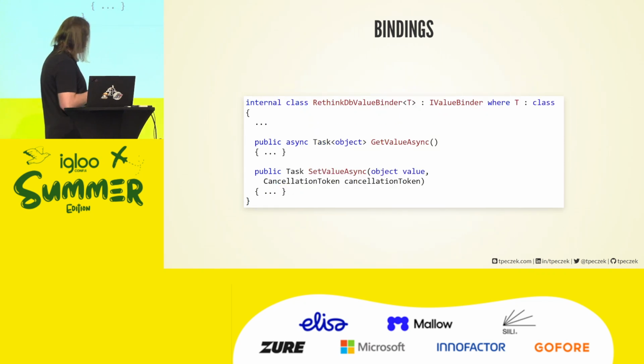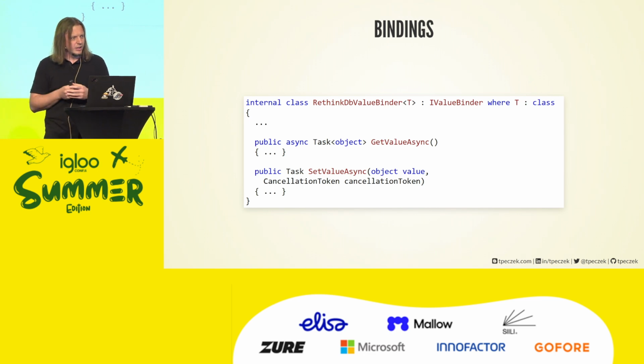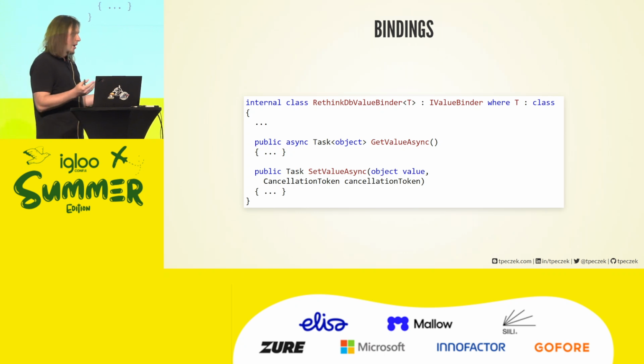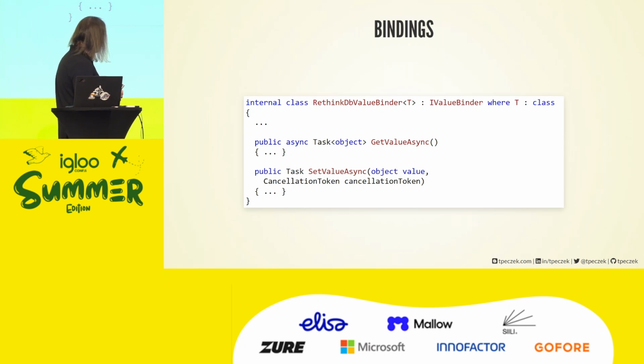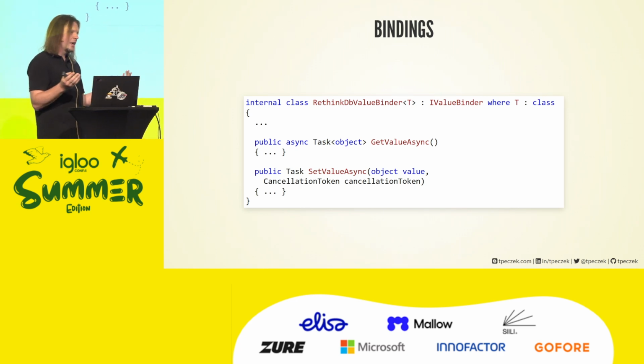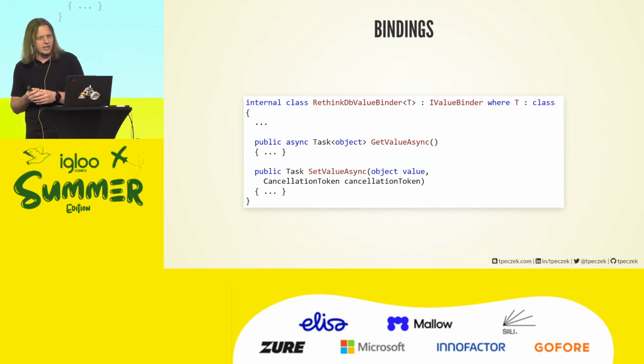Let's take a look at value binder. As I said, it's responsible for in or in and out integration. It has 2 methods, get value, set value. Makes sense. What might not make sense for you, at least when you look the first time at it, is that there are no parameters here. I mean, there is a value for that set value, but nothing about the context. So how does it know which function it's getting value for?